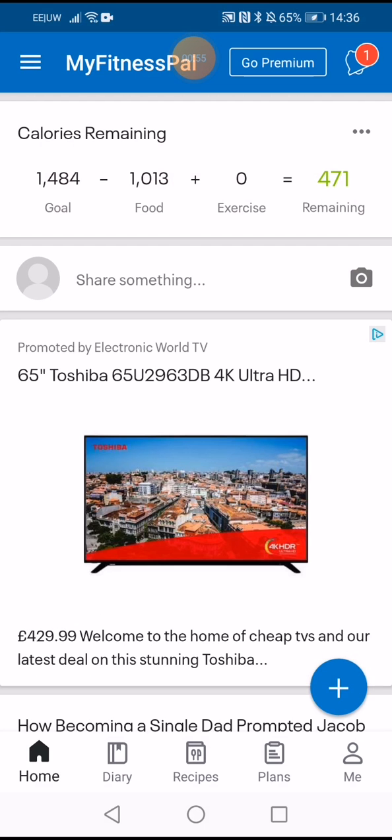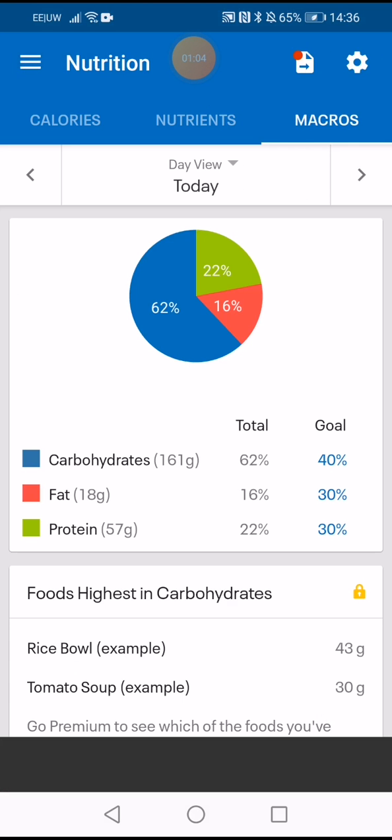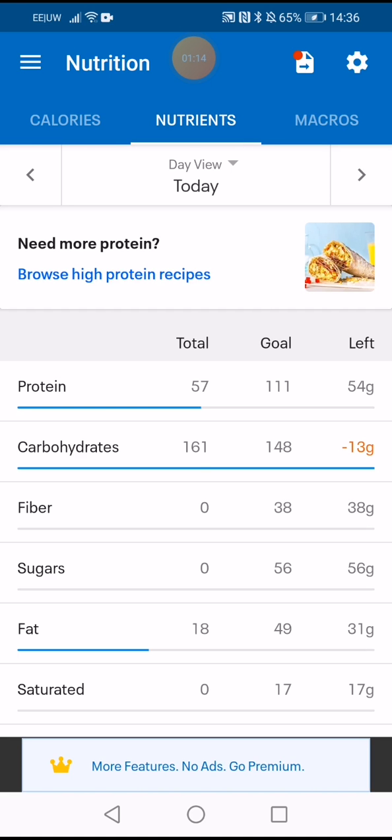It's taken me into the home page, and I'm going to click the top three lines as normal. So if I go to nutrition, it's showing me three things. The first one, towards the top left, is calories. I wouldn't worry too much about that. Nutrients, I still wouldn't worry too much about that. However, the macros on the right,